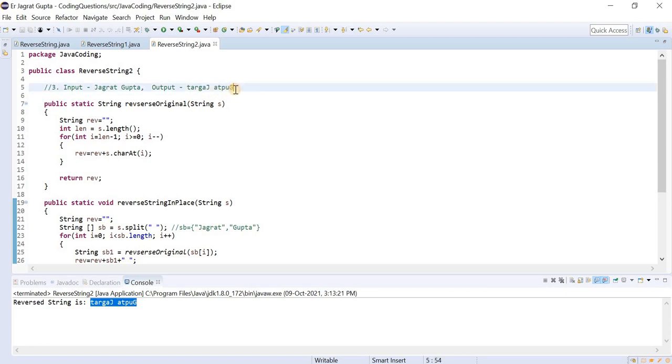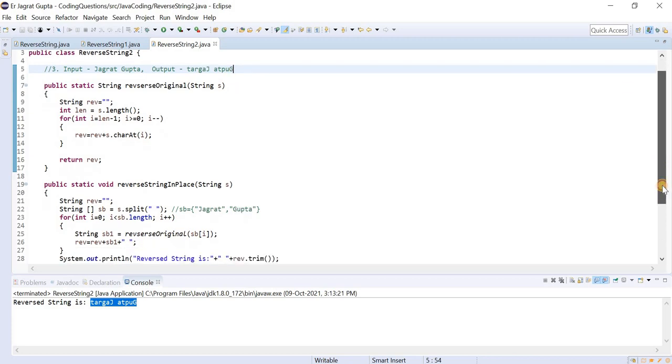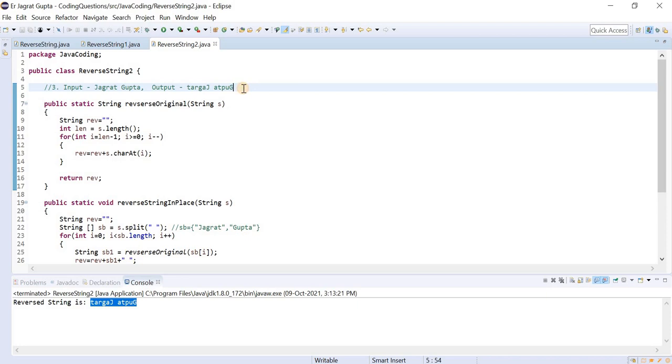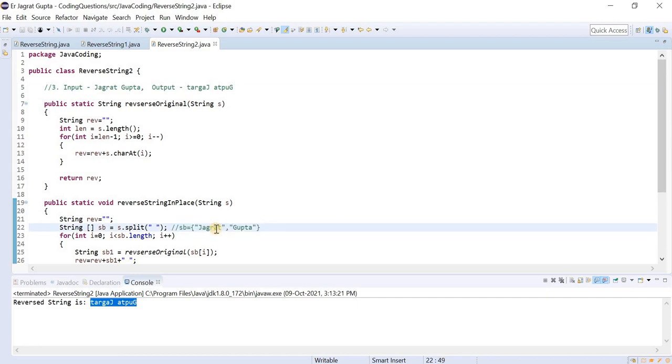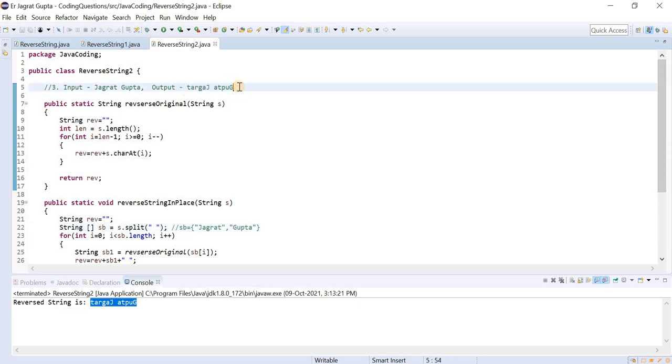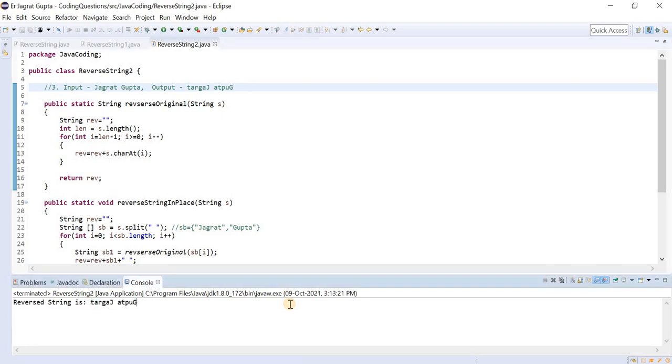The thing is, if you get any complex problem, then try to split that particular problem into subproblems and try to implement that subproblem first. In the same way we did here also. As I told you in the approach, firstly we need to split, and once we get all the words one by one, then we will traverse those words one by one and immediately reverse at that point. With the help of this, we can achieve this output. So this is the last session for the reverse string concept.